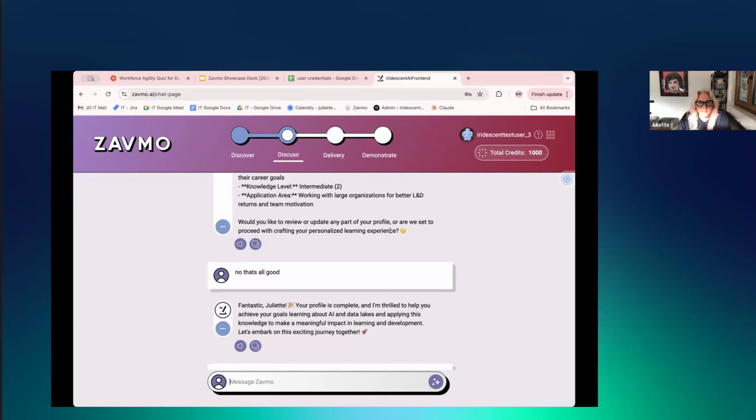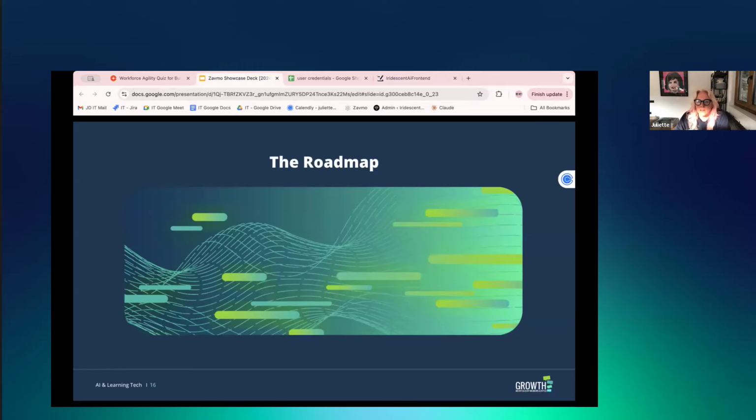Right, so now I'm just going to go back to the Zavmo showcase. You're looking at the roadmap now, yeah? Yeah, we're looking at the roadmap. Okay, cool. So in terms of where we are with the roadmap at the moment,